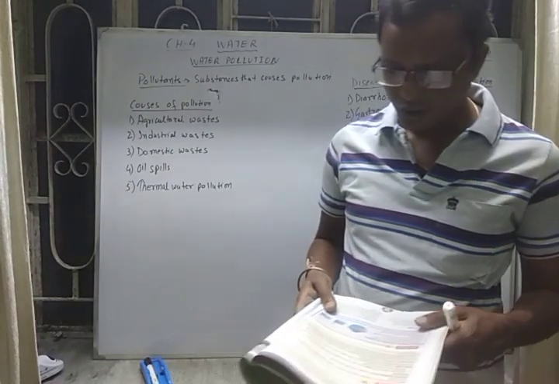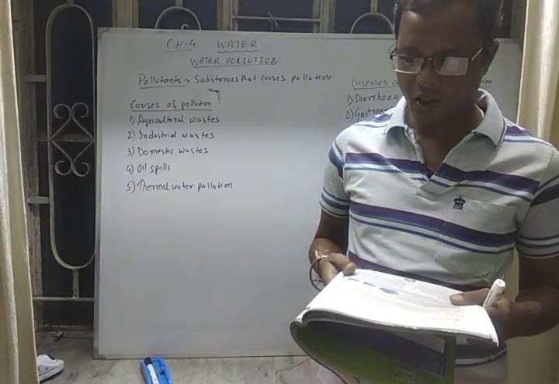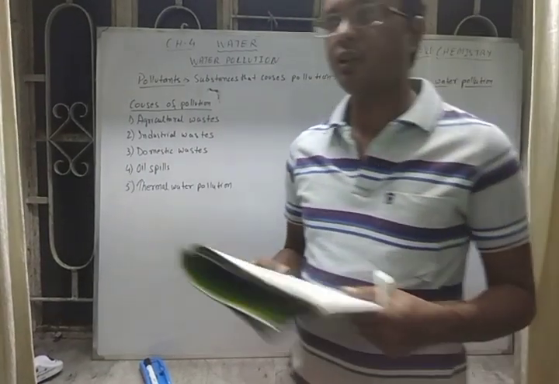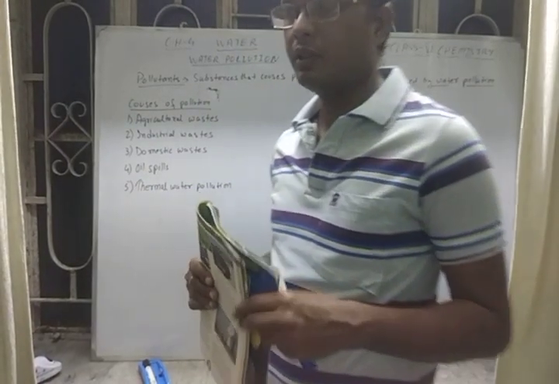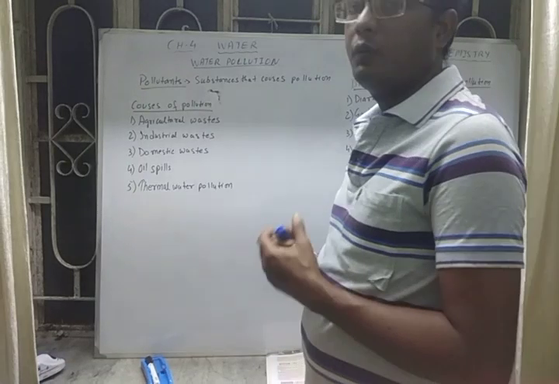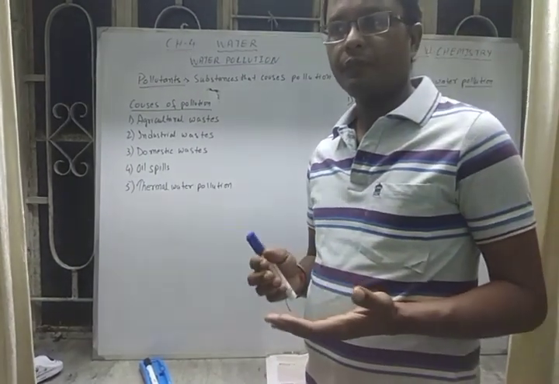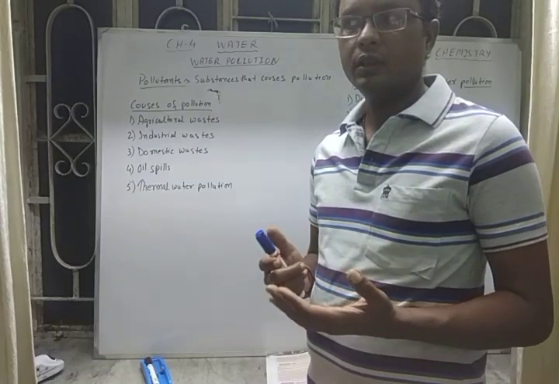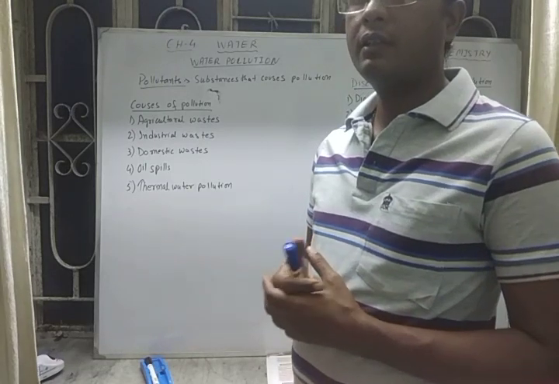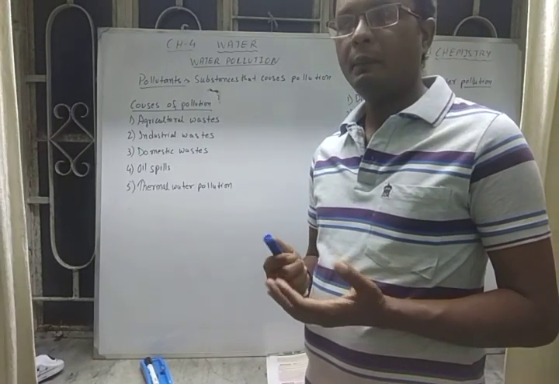Now, one by one we will see what the types of pollutants or causes of water pollution are. The first one is agricultural waste. How can agricultural waste be harmful for water? Because nowadays you know that farmers are using lots of chemical fertilizers, pesticides,